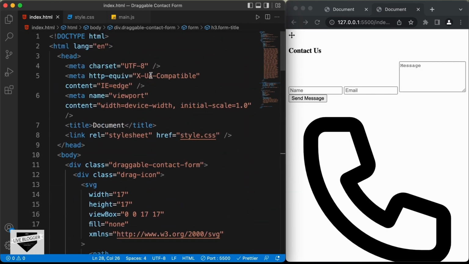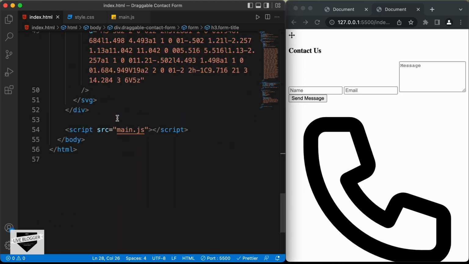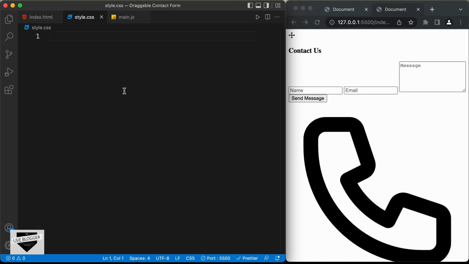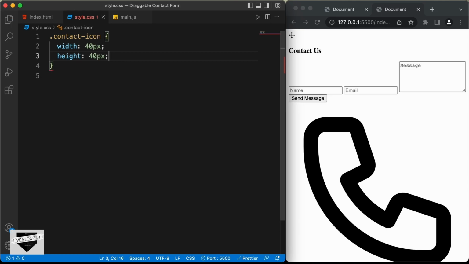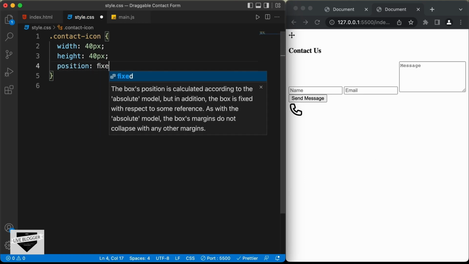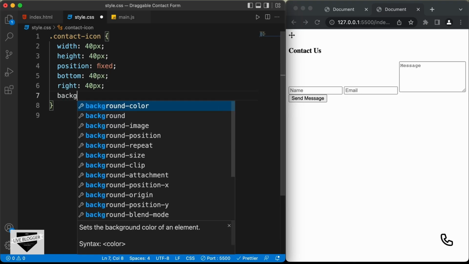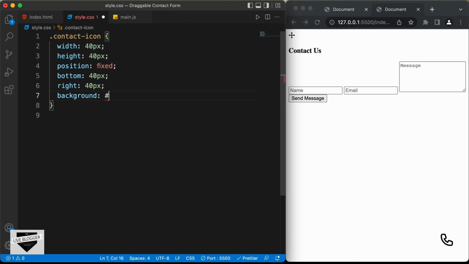So we have already added the link of CSS over here. So let's go to the style.css file, and the first thing we will style is this contact icon. So here I'll just type contact icon, and let's set the width and the height to 40 pixels, and let's set the position to fixed, and we'll set the bottom position to 40 pixels and the right position to 40 pixels. And let's add a background color, and let's add a hex value of 0691df,